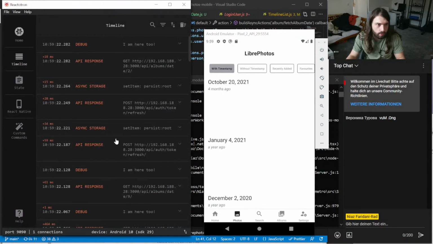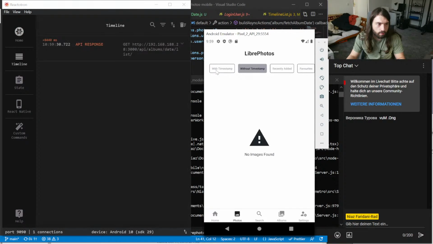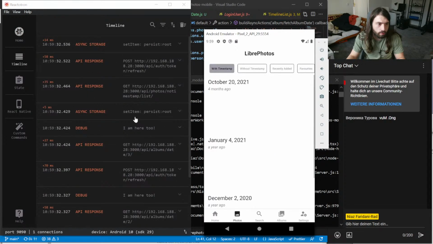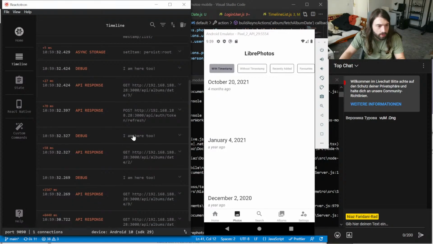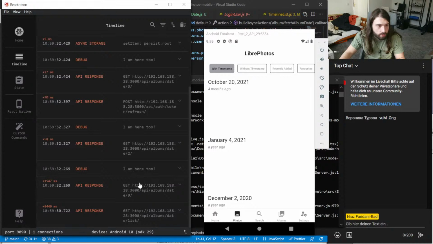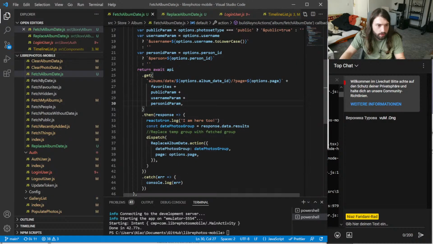Reactotron. Okay, so we're still executing the stuff, but it's still not executing dispatch action.